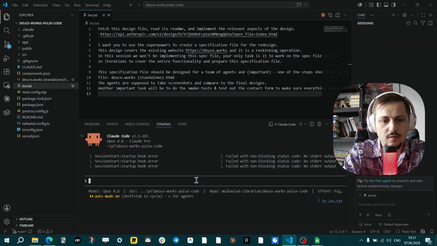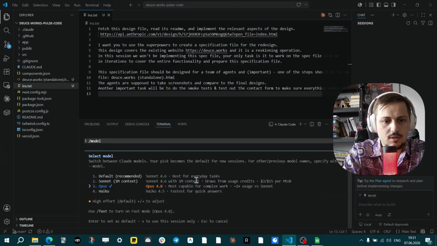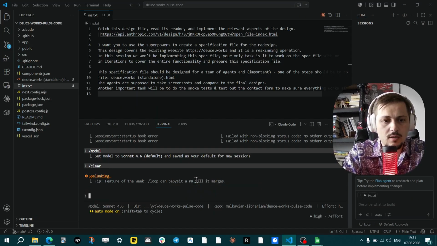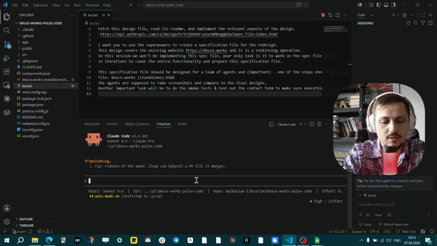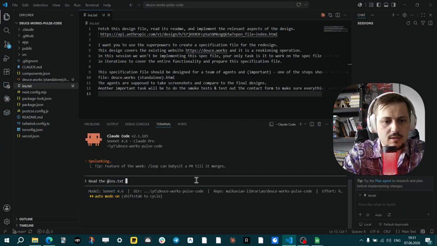session. I don't really have anything in here, so I will switch the model most probably to something cheaper, maybe, well, I usually use Sonnet. I have to say Sonnet is not bad, especially for this really simple website, and it will be cheaper. And that's what I will do here. So read the ins. I'm using the @ to specify the file, and then tab. So read the ins txt